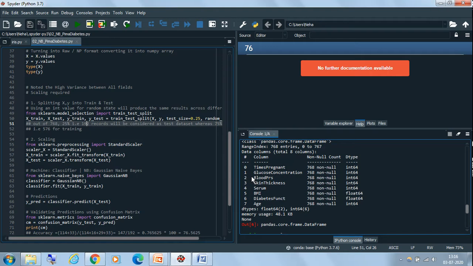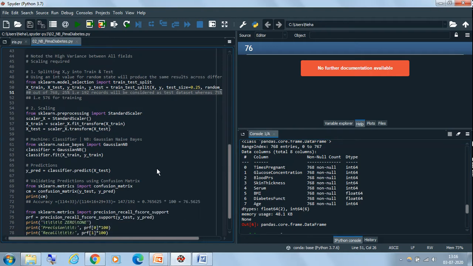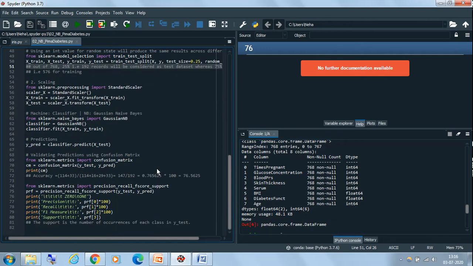Then the next very important thing, before we move on to the implementation of the naive Bayes classifier, is the functionality called scaling. What do we mean by scaling? In this case also, you have a data set with different types of features. Each of these features has two things: the unit of the feature and the magnitude of the feature.